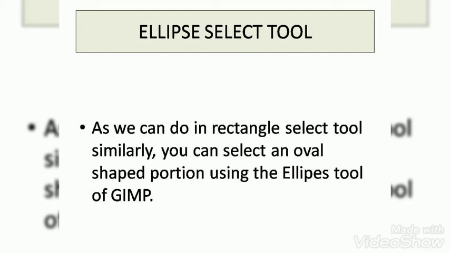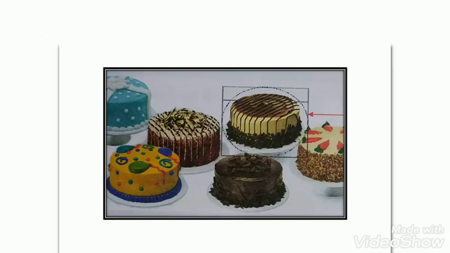The next one is fuzzy select tool and color tool. They both are almost similar. What they do is they select the pixels of the same color. In a particular image, many things are there, different colors. You can click on a particular color with the fuzzy select tool, and whatever in the image is of that particular color will be selected. For example, different color balloons are there. You want to get only the white balloons, or you want to count them. You can select the fuzzy select tool, click on a white balloon, and all the white balloons will be selected.